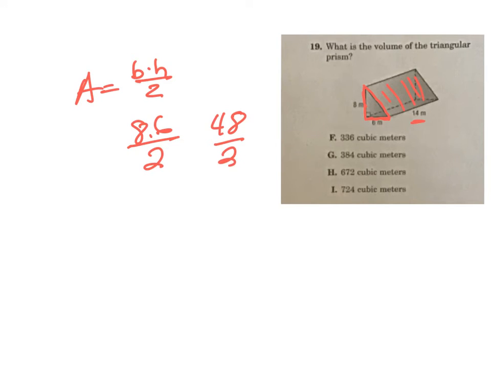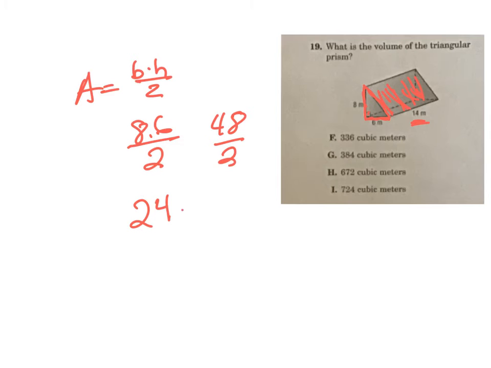Now remember, area of a triangle is your base times your height divided by 2. So I have 8 times 6 divided by 2. And that is 48 divided by 2, and that is 24. So my area of the triangle is 24, and then it goes 14